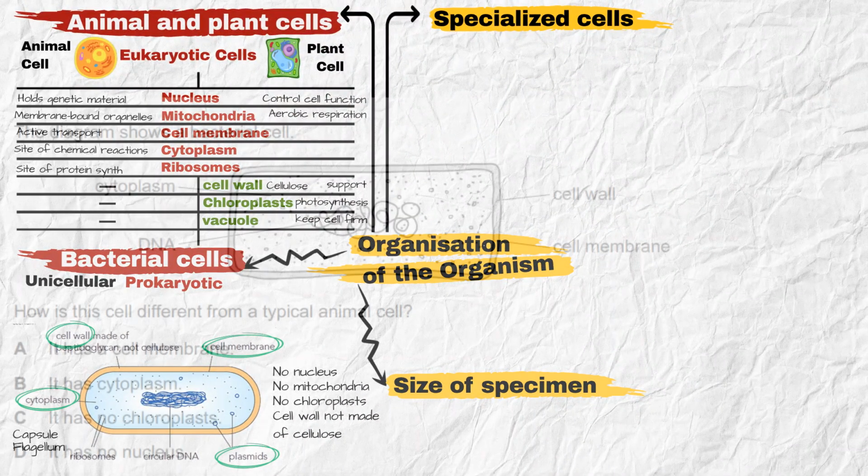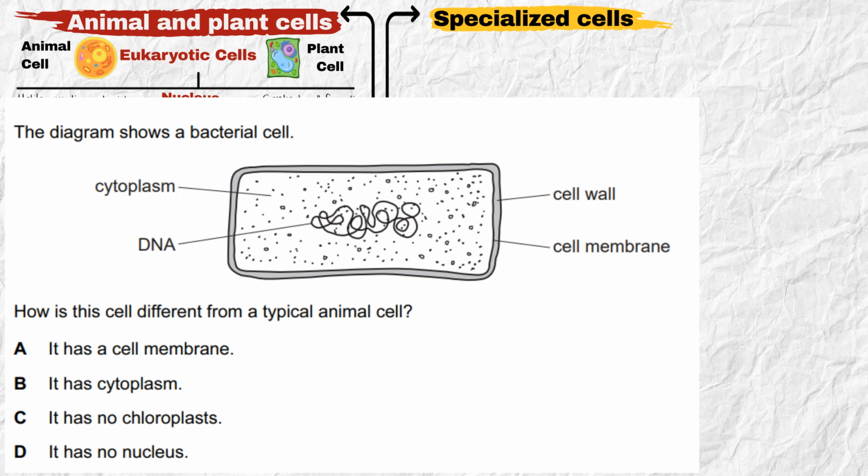And if I asked, like the past paper question, how is this cell different from a typical animal cell? What's the answer? The absence of a nucleus. Yes, another valid difference is the presence of a cell wall. But why don't we choose that? Simple, because it's not in the options. So always read carefully and choose the best correct answer from the given choices, even if other differences are technically